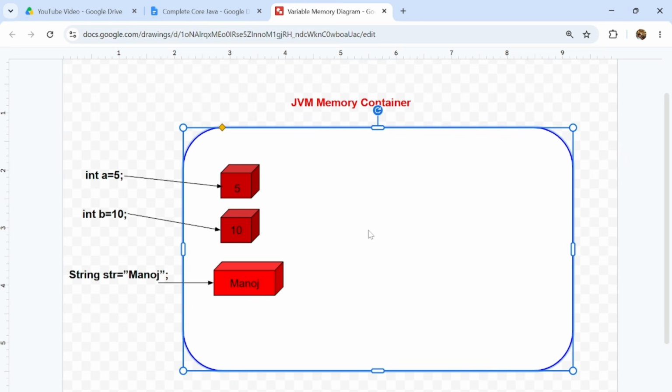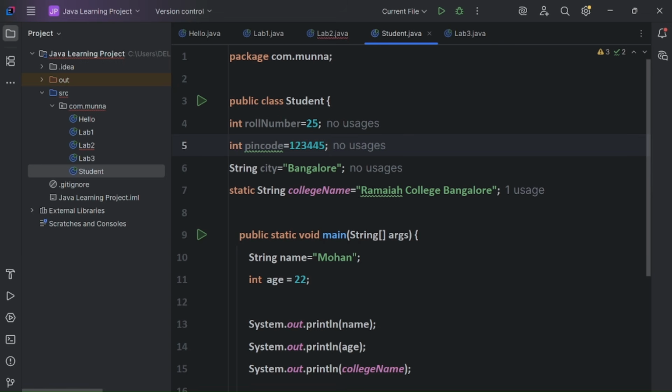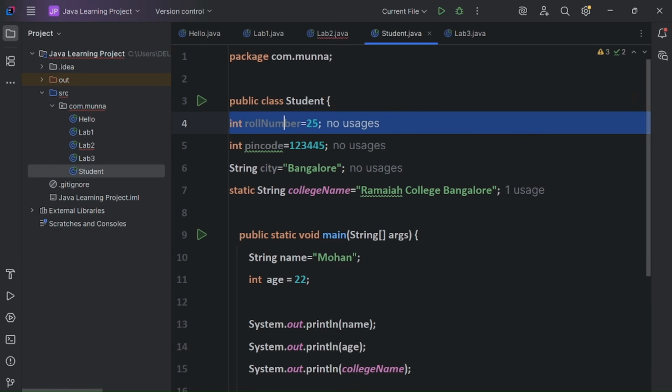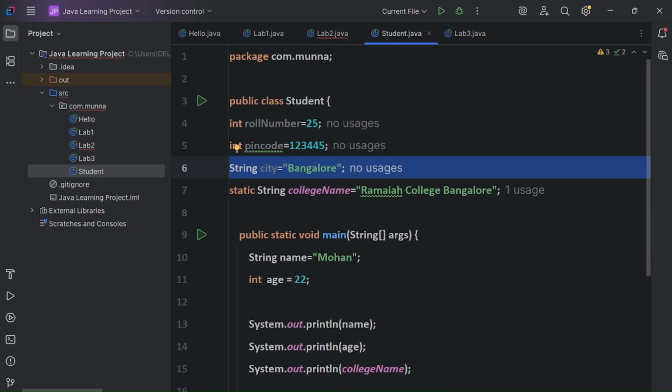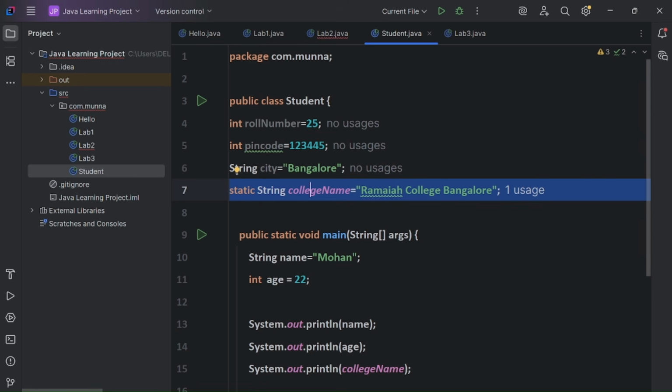So I will show you by code example, guys, what type of variable, where they are getting declared and how they are getting used in Java code. Coming to the code, I have created one student class here, public class Student. I have taken these variables: int rollNumber 25, int pinCode, String city, and static String collegeName. Suppose there is one student, we have to store the data of the student. So all these variables we have written